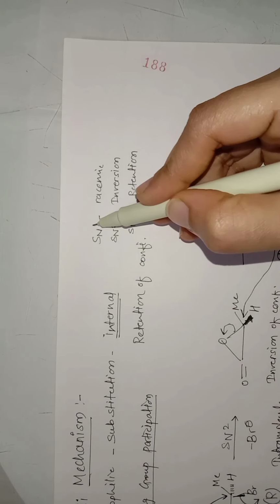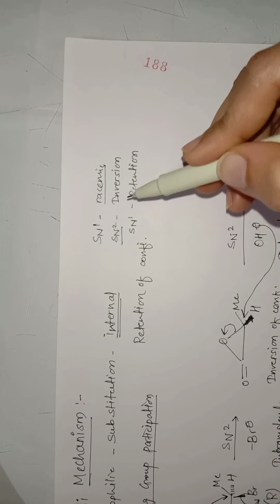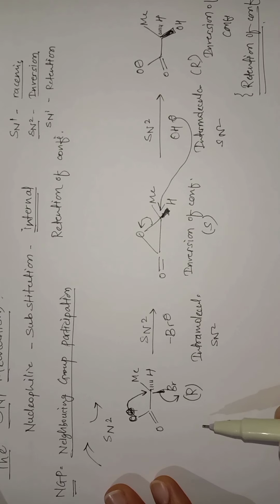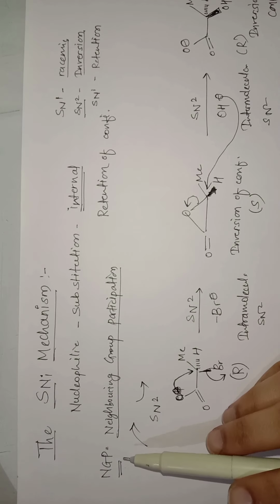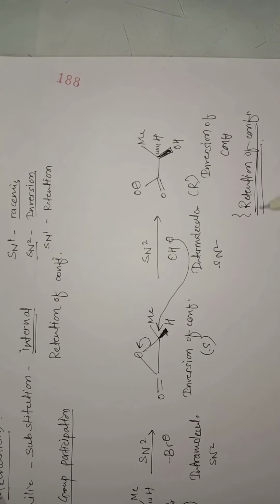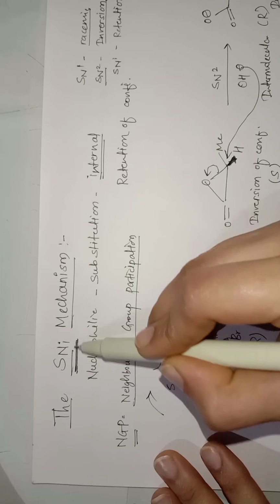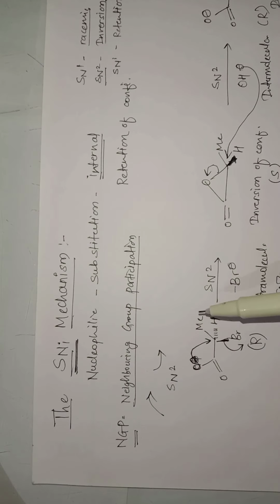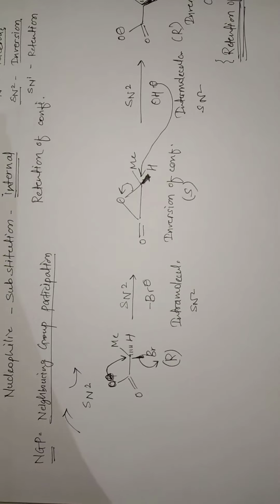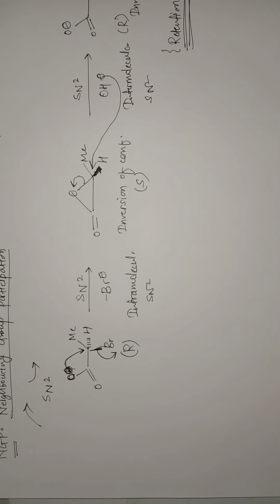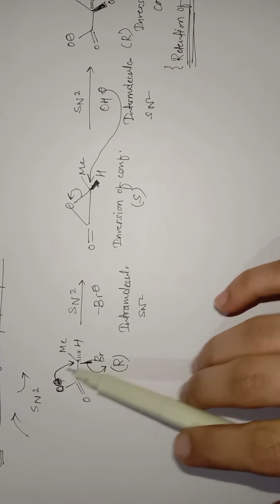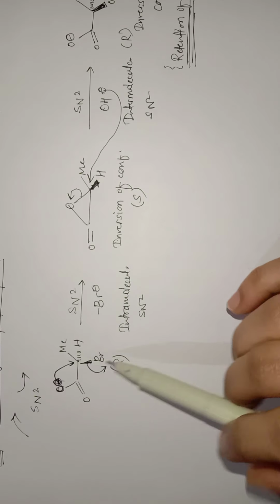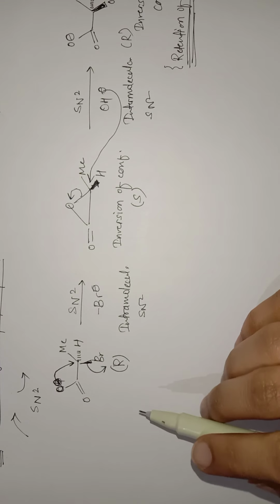In case of normal SN1, a racemic mixture is possible. In case of SN2, inversion of configuration is there, right? Inversion of configuration because of the backside attack. And in case of NGP, means if there is any neighboring group present in the molecule, retention of configuration takes place. But there are some reactions. In case of this SNi mechanism, we have to talk about the SNi mechanism. There are some reactions, in nucleophilic substitution internal reactions, where there is no nucleophile present within the molecule, means there is no NGP taking place, but still the reaction gives retention of configuration.